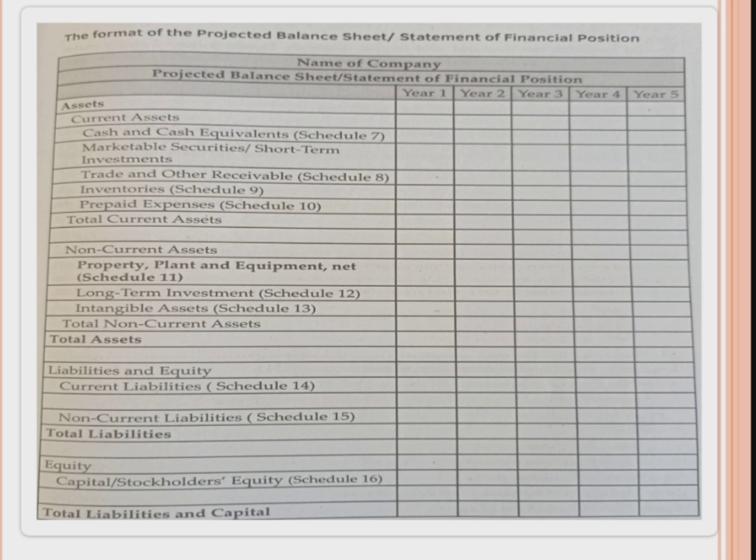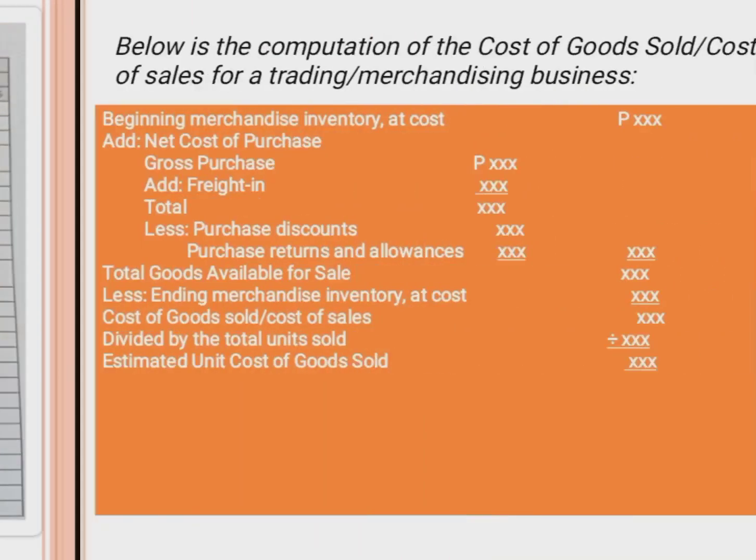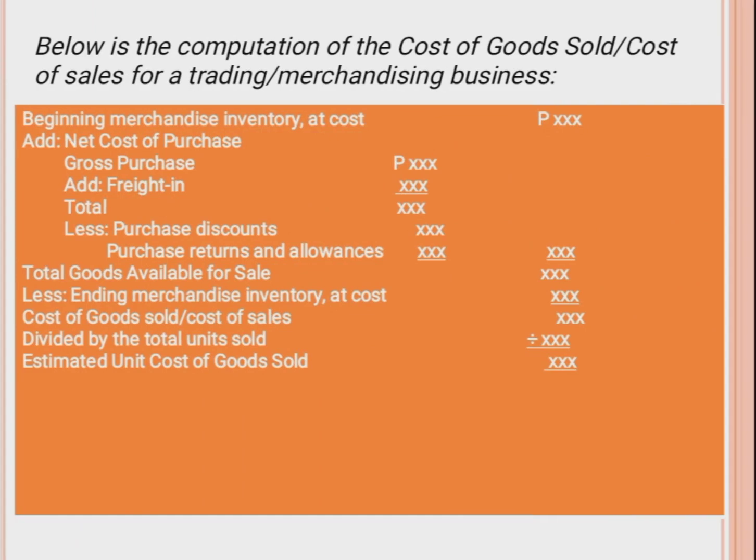year 4, year 5. Assets: current assets, cash and cash equivalents, schedule 7, marketable securities or short-term investments, trade and other receivables, schedule number 8, inventory, schedule number 9, prepaid expense, schedule number 10, total current assets, and non-current assets, etc. Below is the computation of the cost of goods sold or cost of sales for trading or